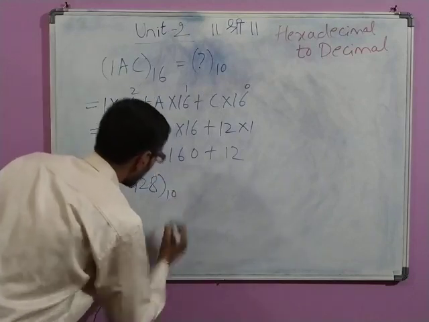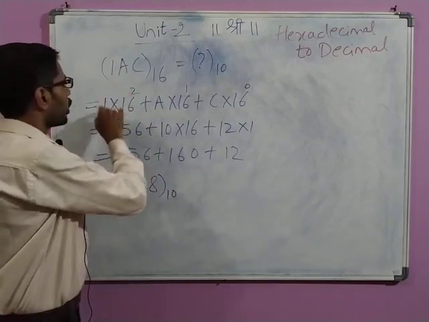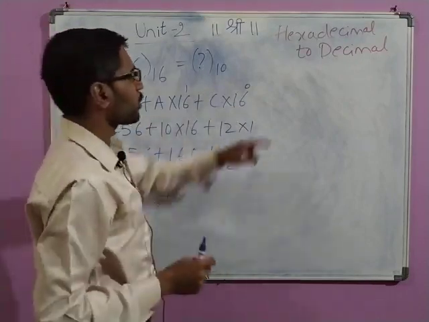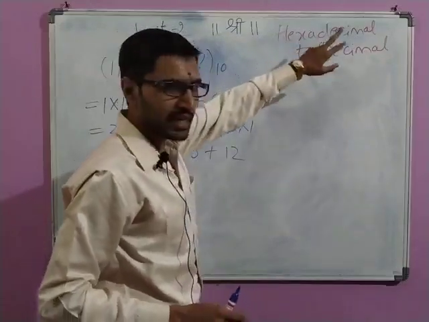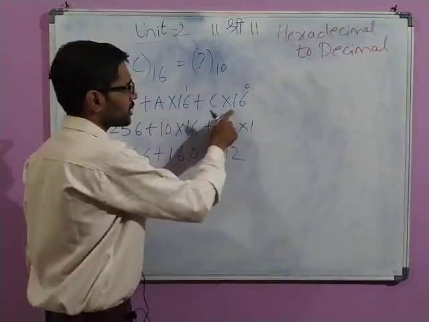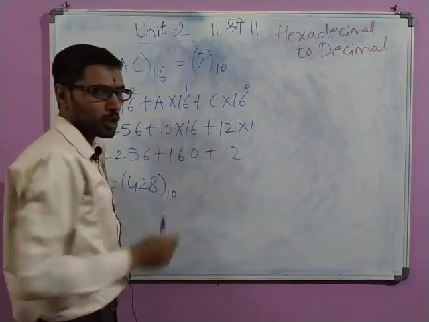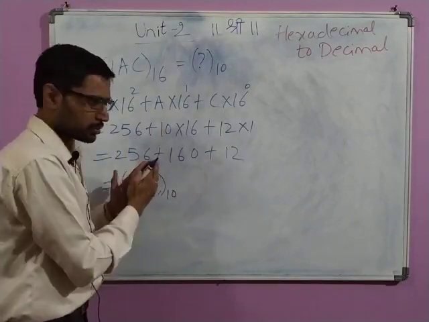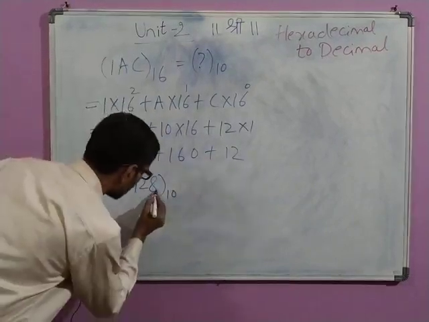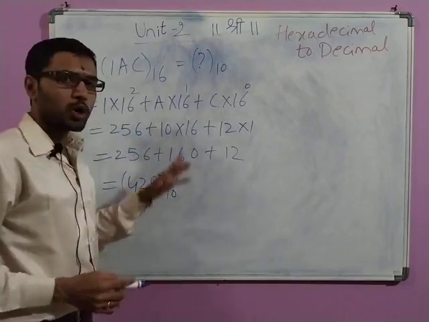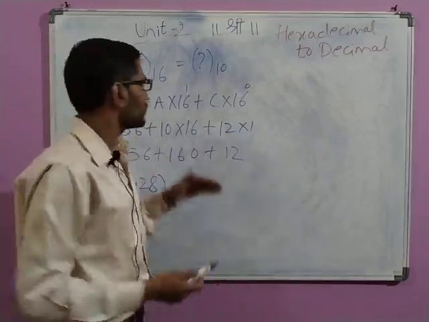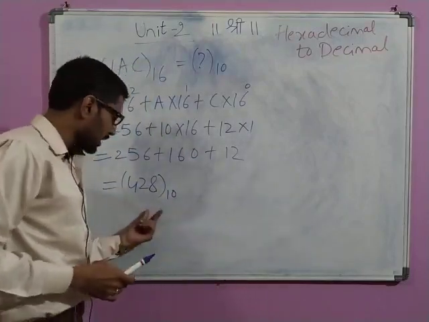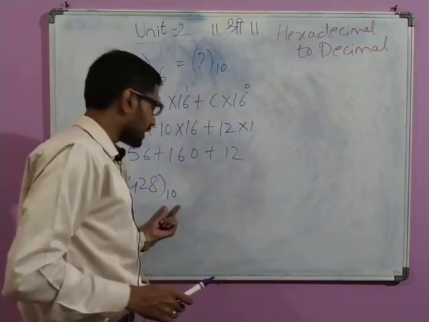So very simple. Take all the digits and multiply with the positional values. What is the positional value here? Because we are taking it as hexadecimal, the positional values will be 16 raised to 0, 16 raised to 1 and so on. So the base is 16. Just multiply this and add up, and if you sum up all this, you will get the result. This is a very simple one. All this can be asked for 2 marks, or if the number of digits is bigger you may get it for 3 or 4 marks. But remember that after solving it, you need to always write the base.